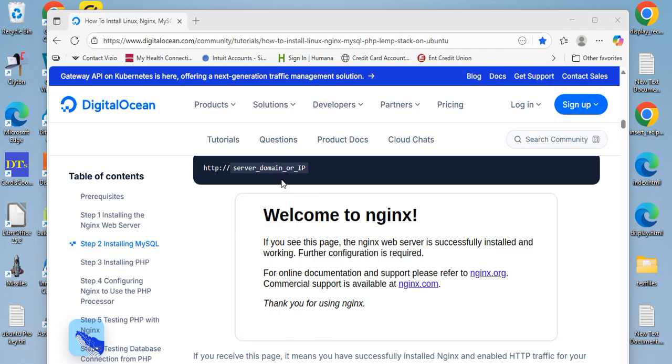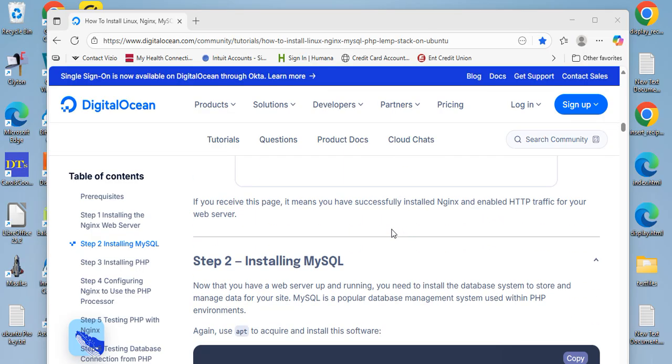So, this is what happens when you first install it. You go to the web page, it comes up and it shows Welcome to nginx. You do this from a machine that's on the same network as the server you just set up, and you'll get the web page to show you that the server was successfully installed. Now, for you to put your server,